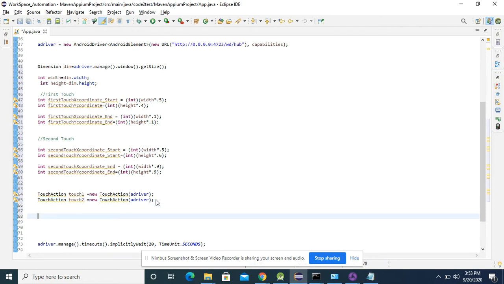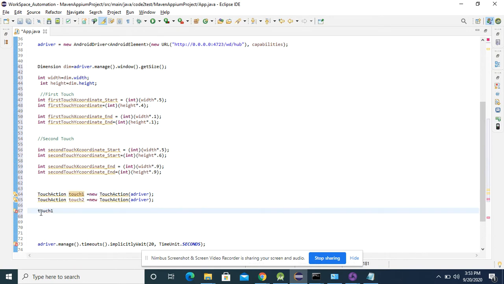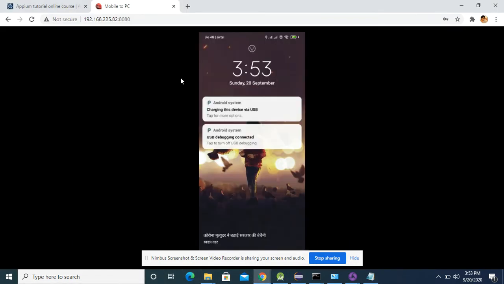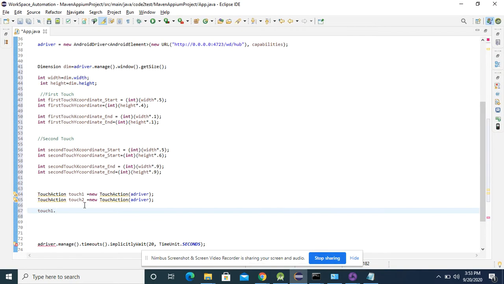Okay, so what I need to do is take the first TouchAction reference variable dot. After that, when I touch over here, I want to perform a long press and move to some other location. This is my task for touch one.